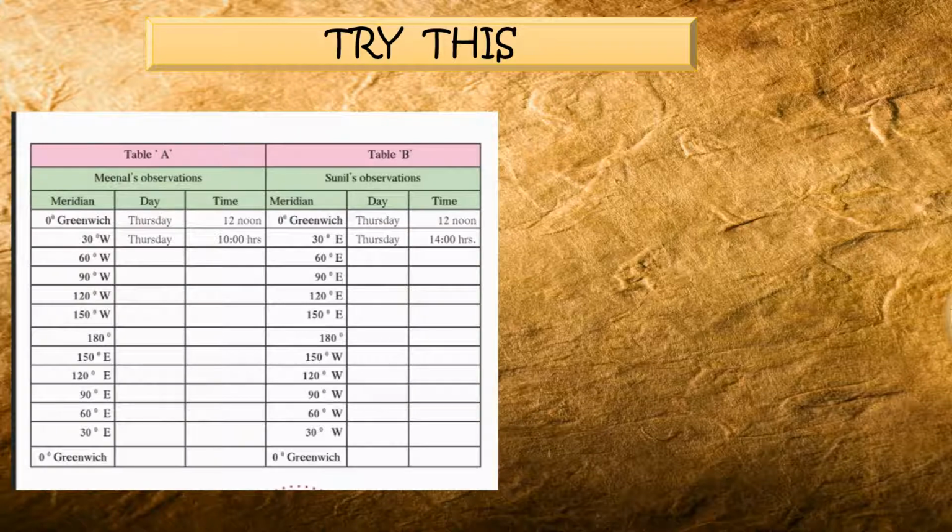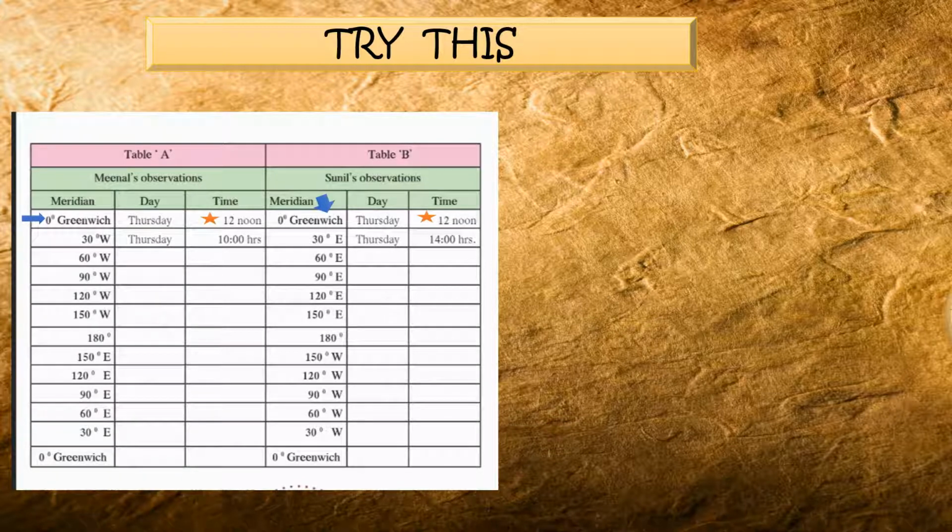To complete the table, we need to understand the time at different meridians. When it is 12 noon at the prime meridian, different meridians have different timings at the same time. Let's take one example to understand. If it is 12 noon at the prime meridian, which all of you know is also known as the 0 degree meridian, or 0 degree Greenwich,